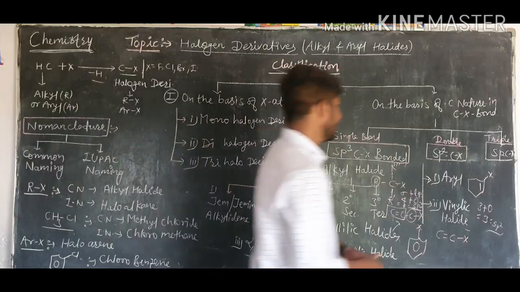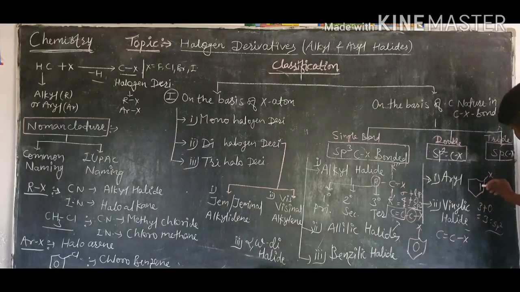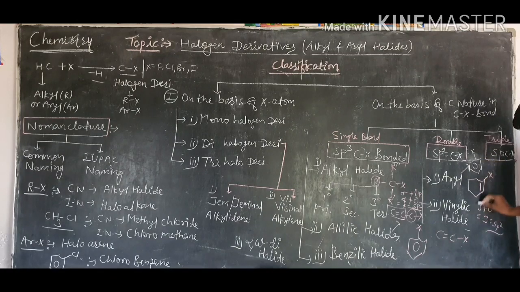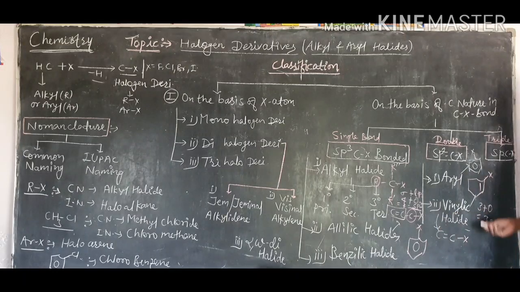In aryl halide there may be a benzene with the benzene directly attached to a halogen. This is called an aryl halide, and this is called a vinylic halide. In vinylic halide the halogen-attached carbon has a double bond, and in aryl halide the halogen-attached carbon has a double bond and a benzene; these are called sp2 C-X